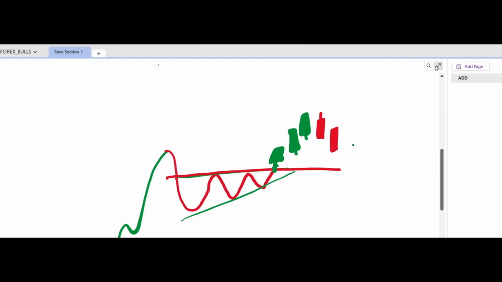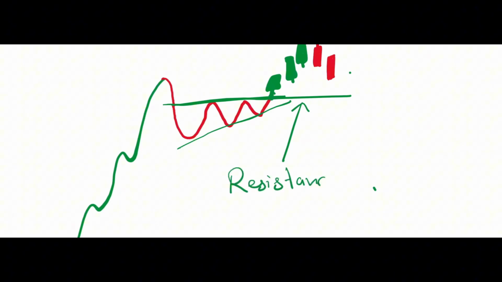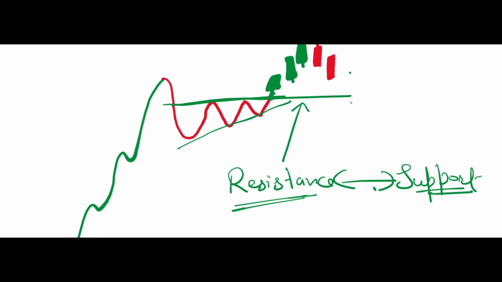Now previously, before the breakout, this line behaves as a resistance. Remember I told you this line behaves as a resistance, but now the game is reversed. After the breakout, it behaves as a support. The main game is there, and if in this support the green candle is formed here, we get the perfect